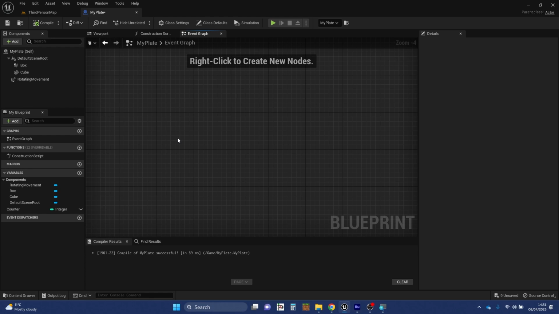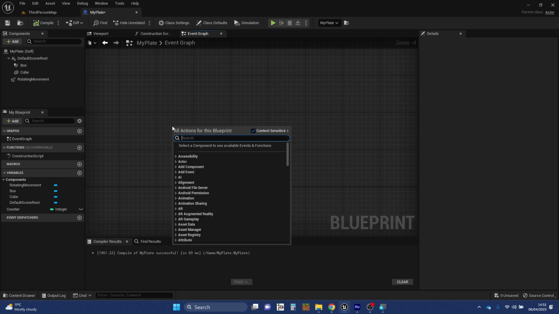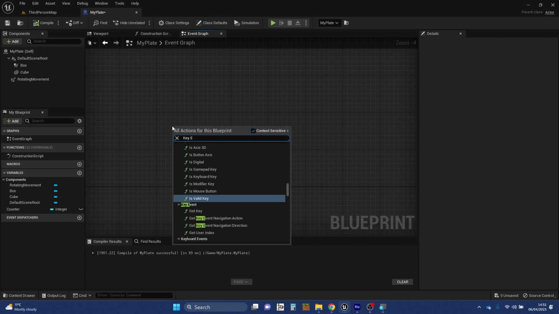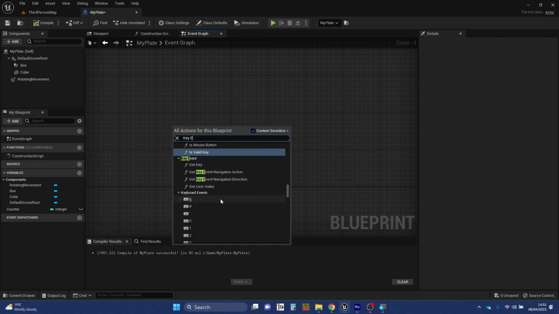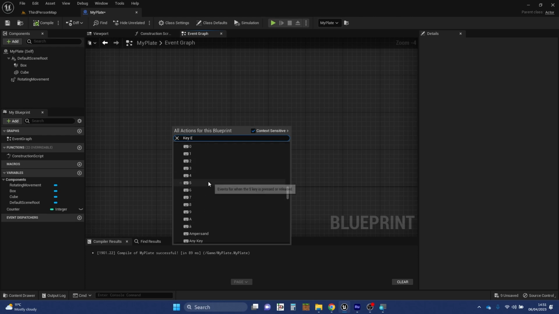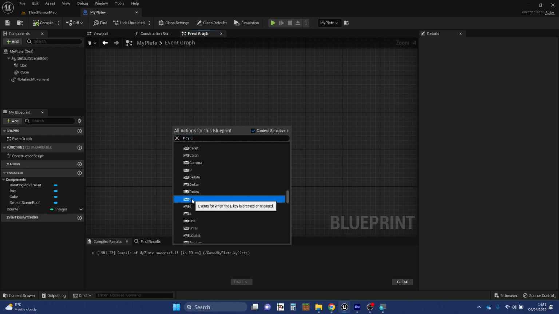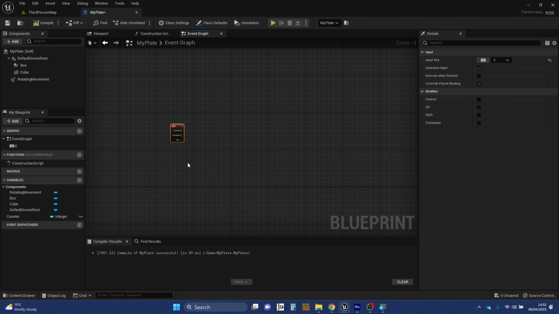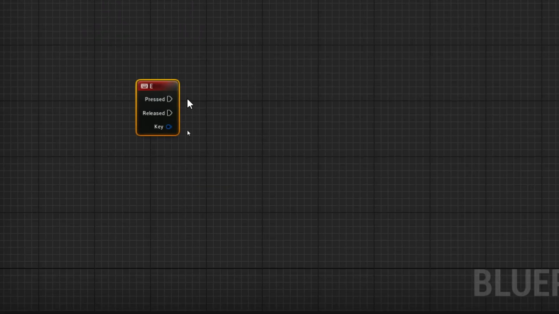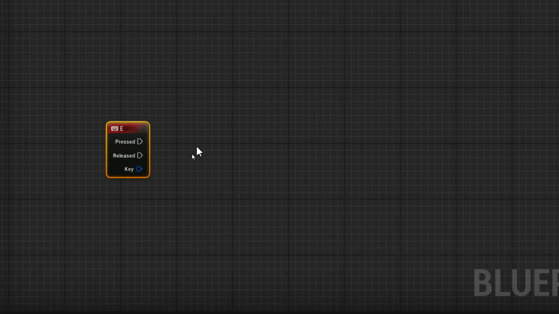How many things can have the same input is a question. Anyway, I'm going to right click and I'm going to search for the E key. So I'm just going to type in key E, and as I scroll down, it'll give me keyboard events, and basically it hasn't filtered it down to the E, unfortunately, but I can scroll through, there's the D, there's the E. Right, let's zoom in because this is quite small. So when that's pressed, I'm going to do something,